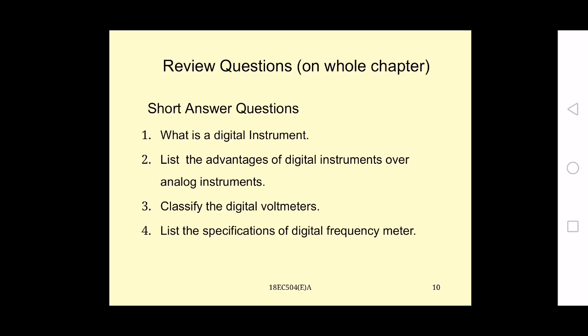And we have discussed about the accuracy specifications of the digital frequency meter also. So what are the accuracy specifications of DFM? That is range selection error, so select more number of clock cycles for measurement for measuring the lowest possible range. And accuracy specifications, that is plus or minus 1 LSD, plus or minus time base error, and reciprocal counting technique. And we have discussed about the specifications of this digital frequency meter.